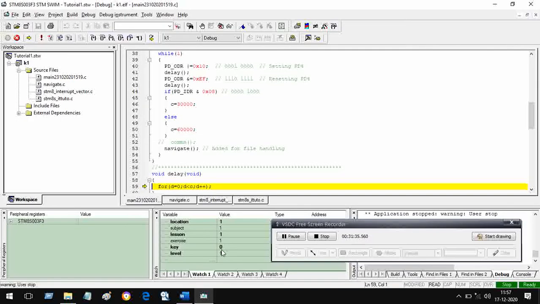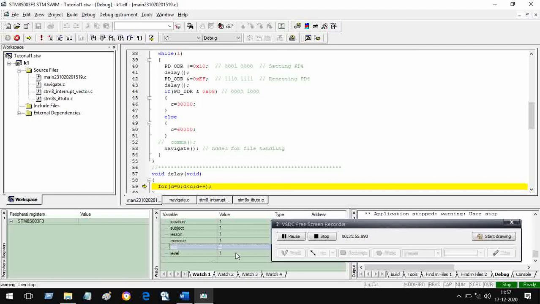So if I press the next key here, next key means 2, then the subject will change, and therefore this location address will also change. Level will remain 1 because the next and previous keys don't shift the level.